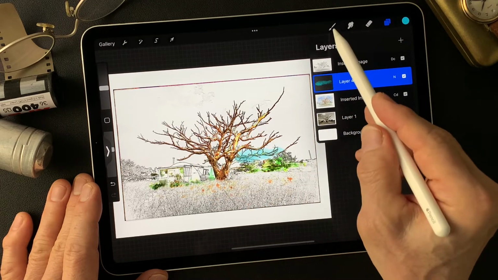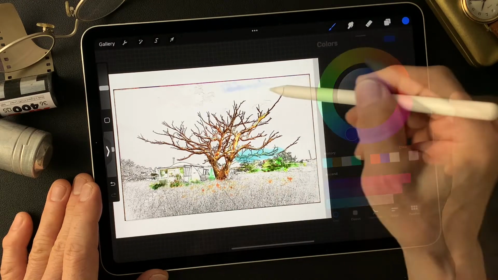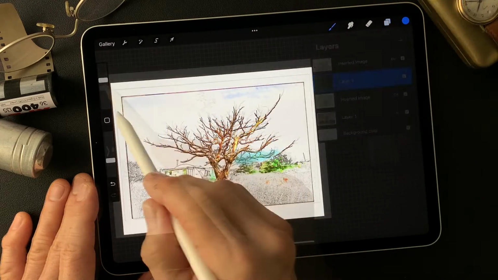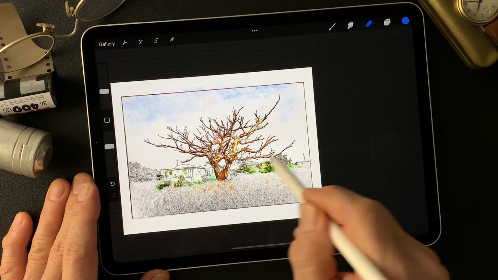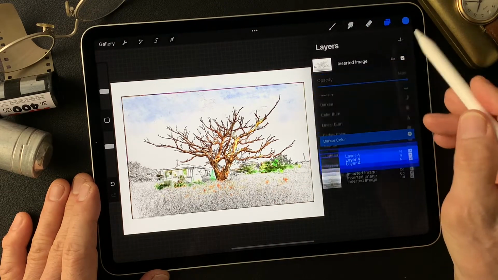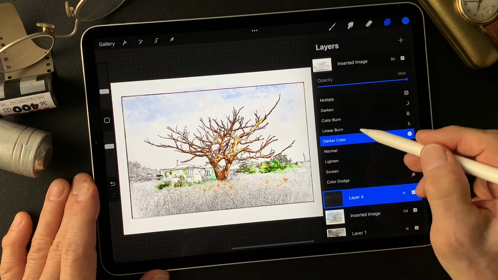Then I'm going to add some other colors. Just want to see it. On the same layer, eraser tool. Okay, just erase it. Now I want to change this pencil drawing type image darker color to,